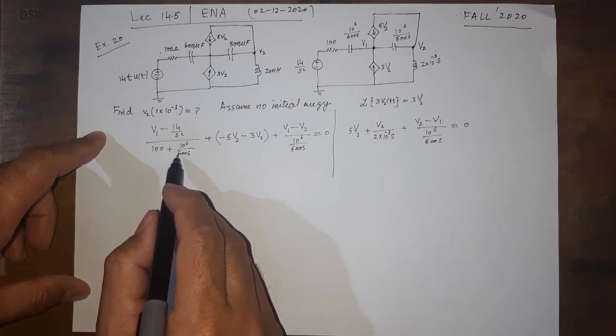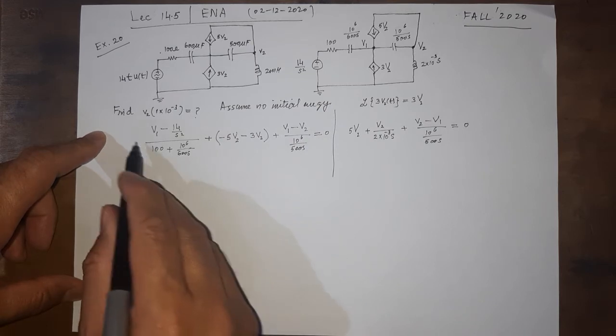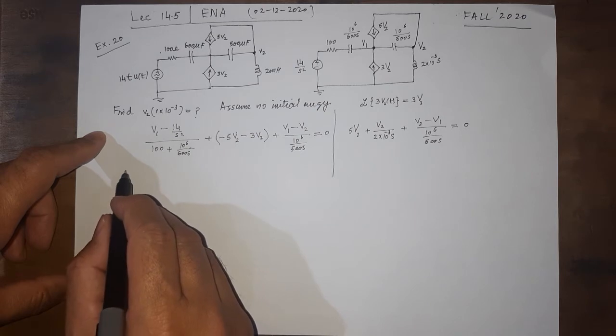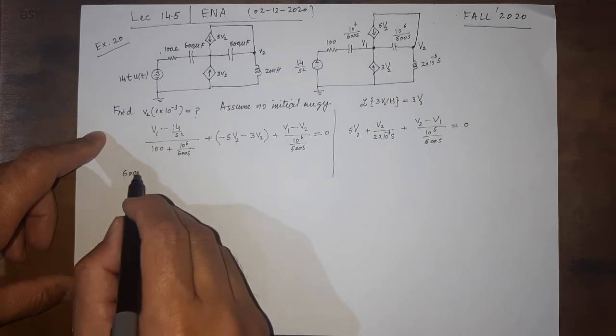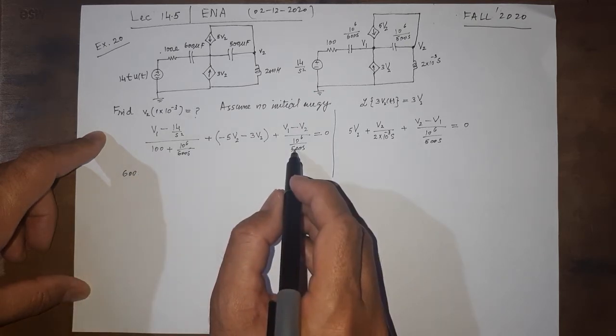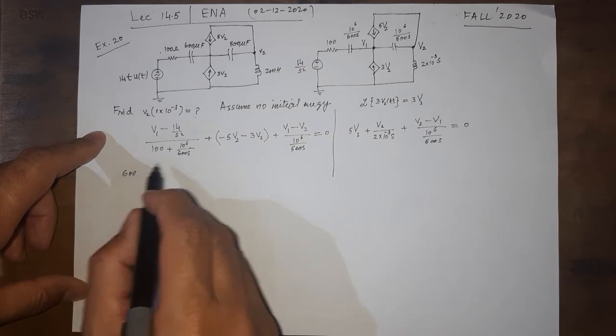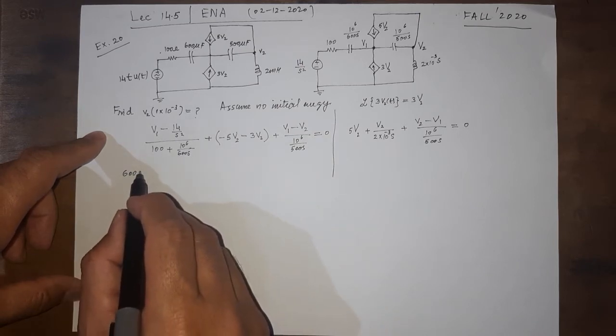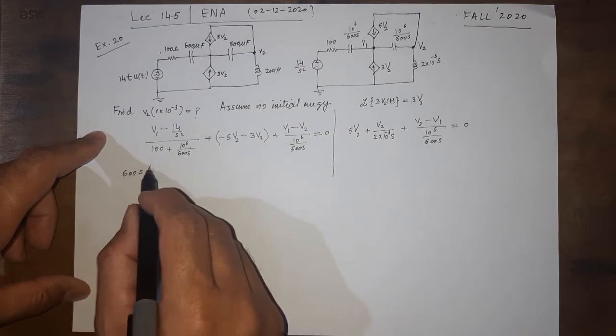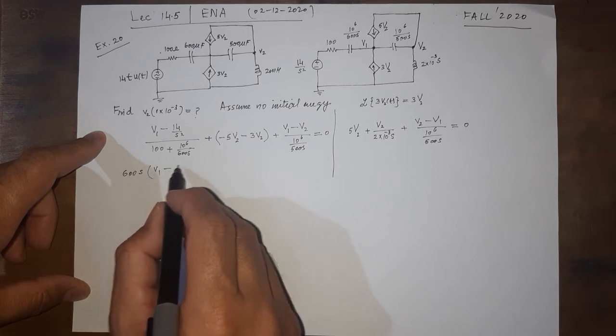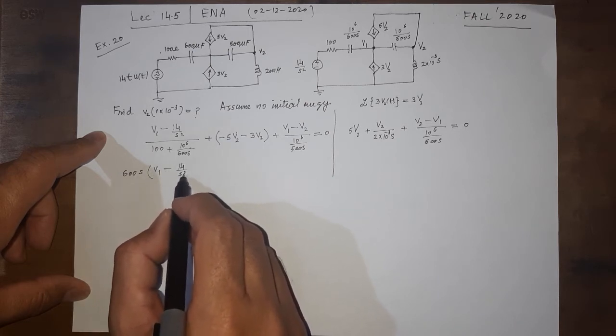So here we can have the LCM 600s and take it to be multiplied, or we can say that we multiply, okay, let's do it this way. So we have 600s in the numerator with V1 minus 14 over s square